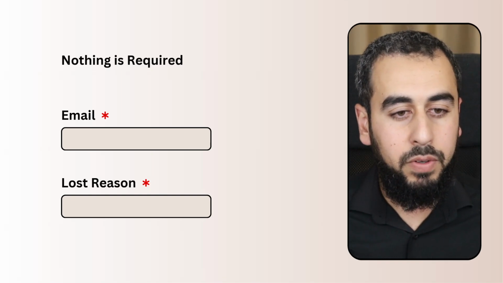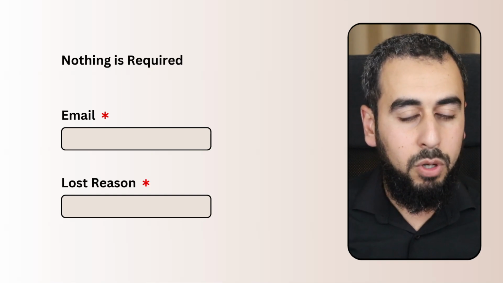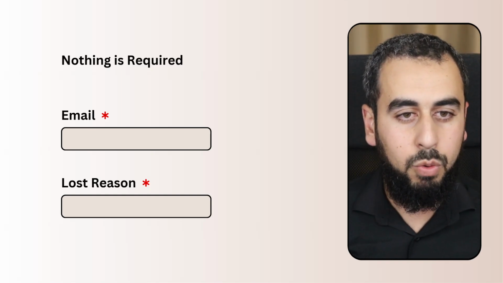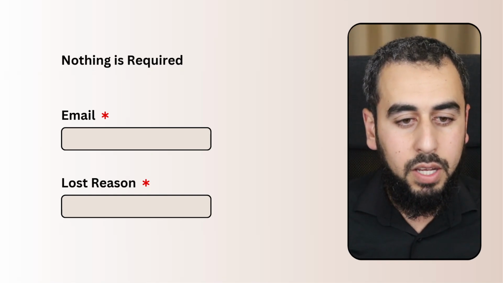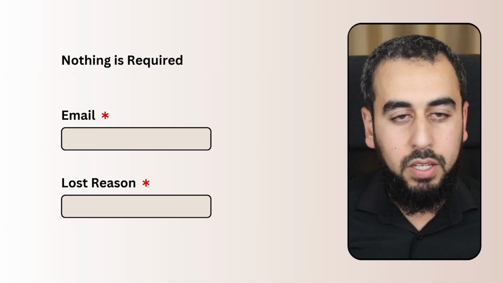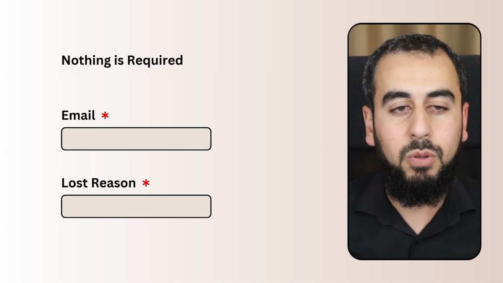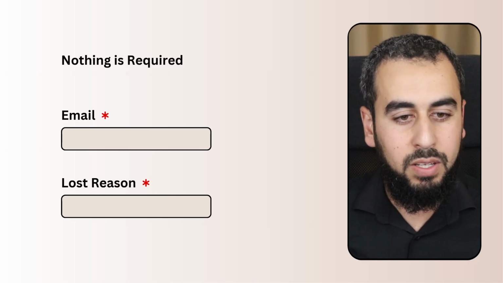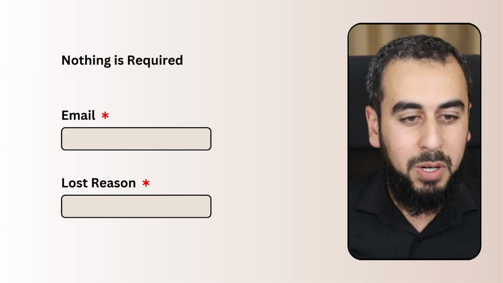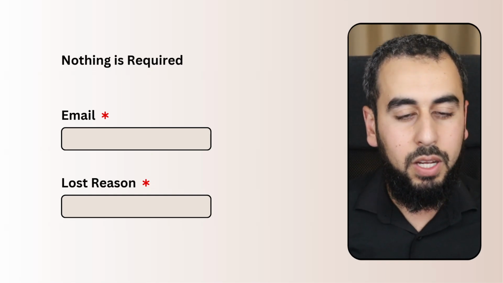Another example of an important piece of information is the lost reason. If you are chasing a major gift, or if you are chasing after a grant, and then we lose that grant, we update that grant in the system as lost without setting the reason. It is important to know why we lost it so that we learn from that lesson, so that future people who are going to work in the organization learn about what happened with the previous grants and the previous major gifts, to learn from our mistakes if we made mistakes, to learn how to improve, how to make better decisions in the future.